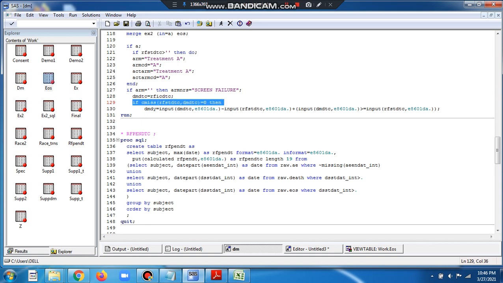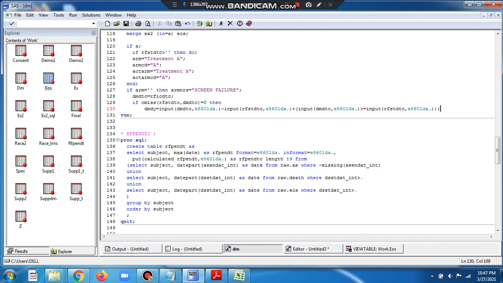And if RFSTDTC and DMDTC are non-missing, then we will compute the study day on which the demographic data was collected from the patient. So here it is DMDTC minus RFSTDTC plus a condition.